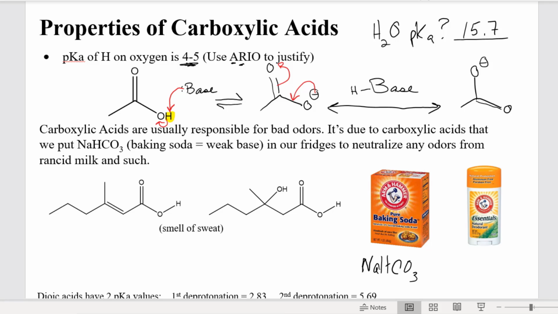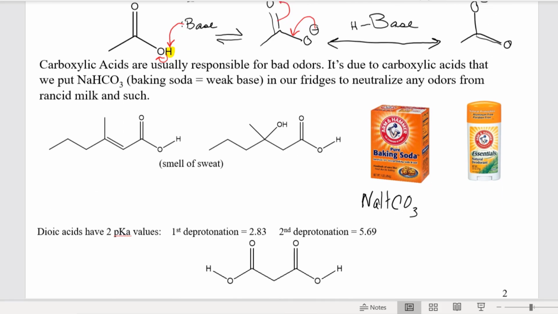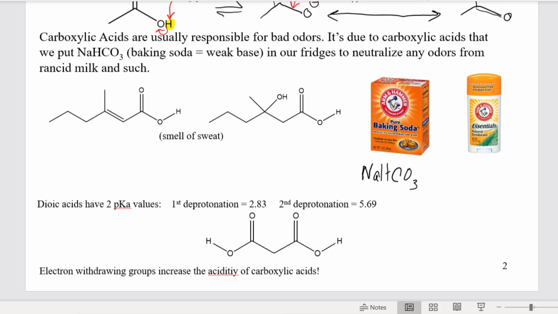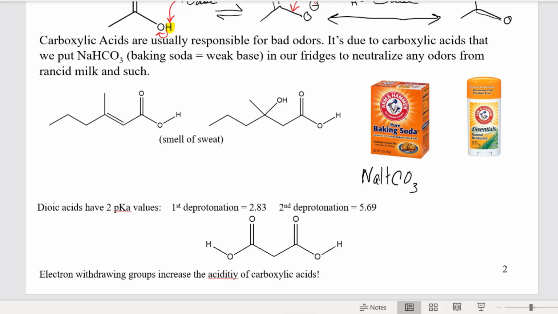That's why, if you've ever wondered why Arm & Hammer looks like they're putting baking soda in everything from toothpaste to deodorant to, right, just selling baking soda as a freshener for your refrigerator, it is indeed doing some acid-base chemistry. I've listed 2 molecules here that are responsible for the smell of sweat, and I'll talk about those in a minute. But before we go forward, I just want to point out too, from an acidity standpoint,